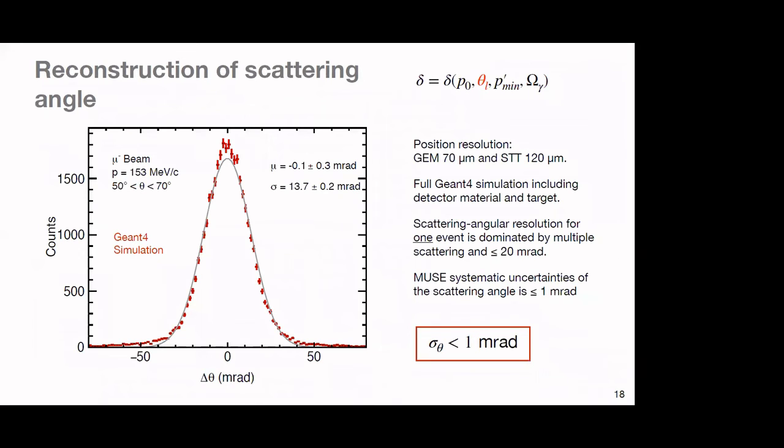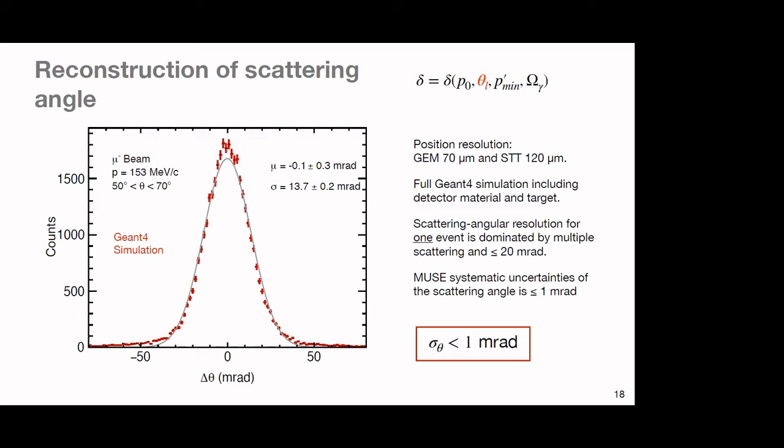The plot here shows a simulation of what's happening, assuming certain detector parameters. And the result is that we are strongly dominated by multiple scattering. So these detector devices, as they are designed, give us a precision tracking, but the experiment is limited by multiple scattering, and the